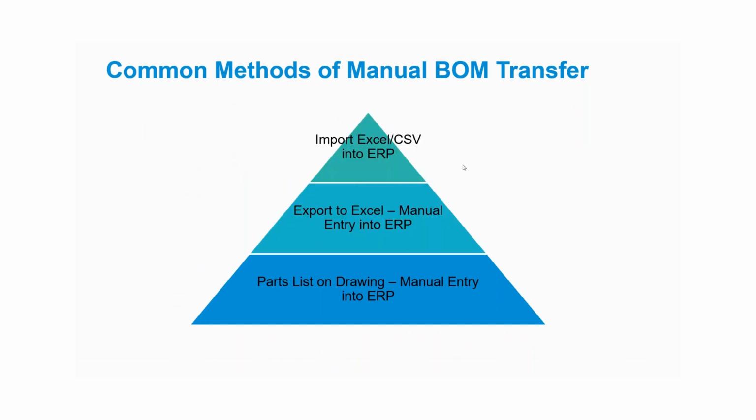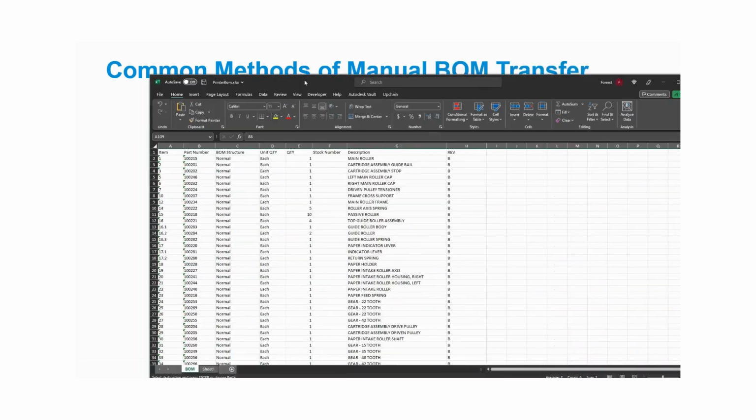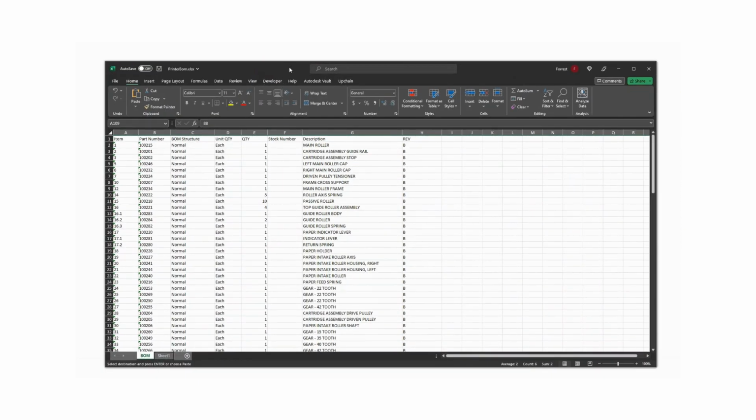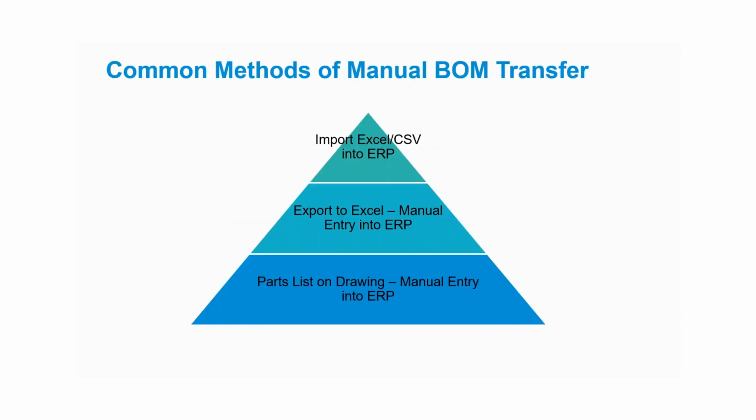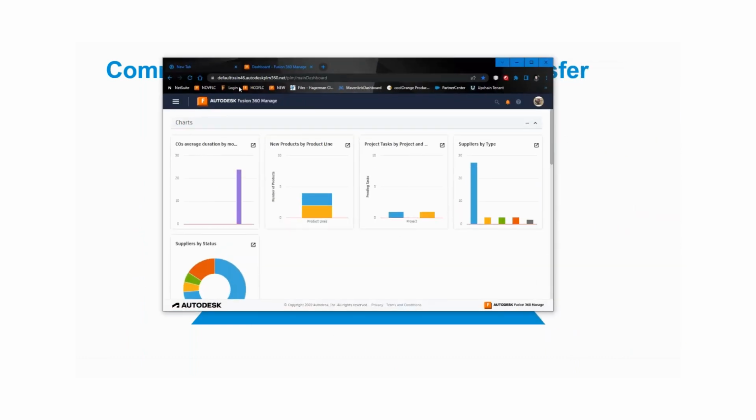Now, I would say the third common method, which is not super common in my experience, at least talking with a lot of our customers, is maybe taking this Excel sheet, or maybe even a direct export or a CSV file from Autodesk Vault, and going through some steps in your business system, ERP or PLM, to do an import, right? So you've got some process here